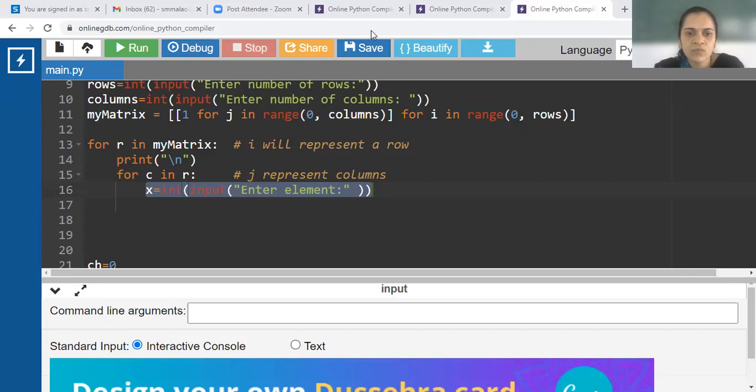Yes, Jay is saying we can use append function. Yes, very good, Jay. Omkar and Aditya are suggesting we can use actual index positioning to represent it. Yes, you are correct. We can use such notations.